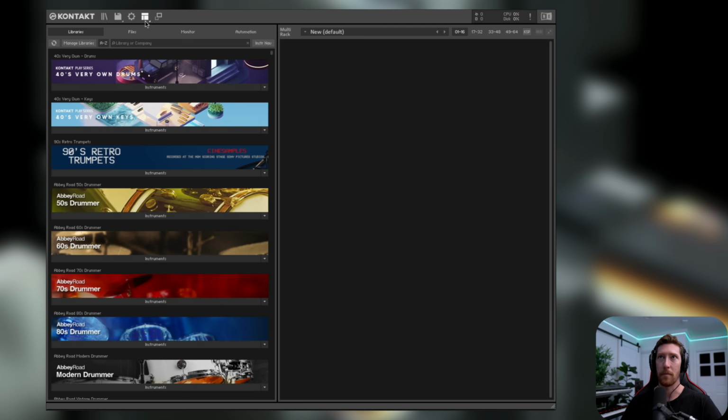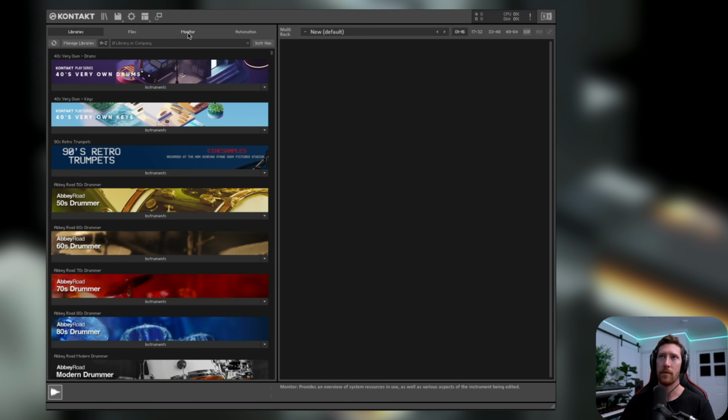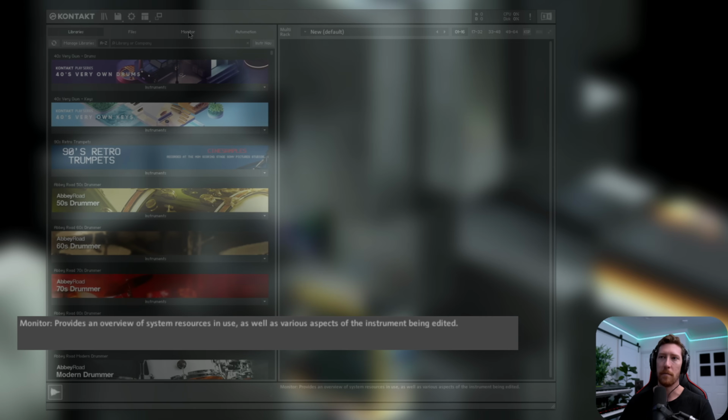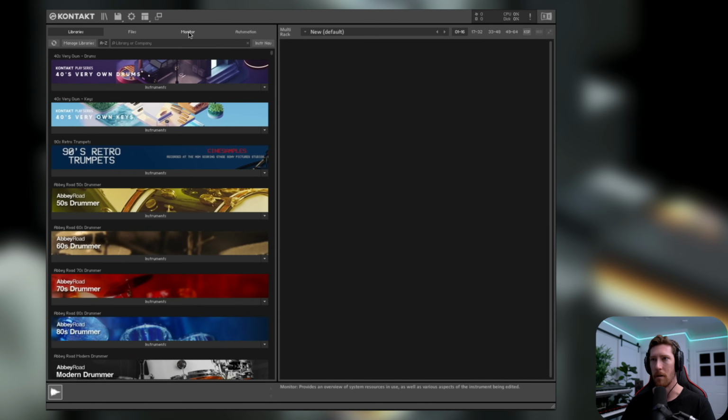But one of the buttons that is super helpful is the workspaces icon. So in this area here, we're able to show and hide different workspaces, different areas of KONTAKT to either access additional features or give us information as to what we're controlling. So for example, if I select info, when I put my mouse over, let's say monitor, the info panel down below will provide me some information as to what I'm clicking on, whether it's a knob, a fader, or a button. So again, in this example, my mouse is on monitor and it provides an overview of system resources in use. So if you're ever unsure as to what you're controlling or what you're about to click on, just make sure that info is selected and you'll be able to get a little bit of a blurb